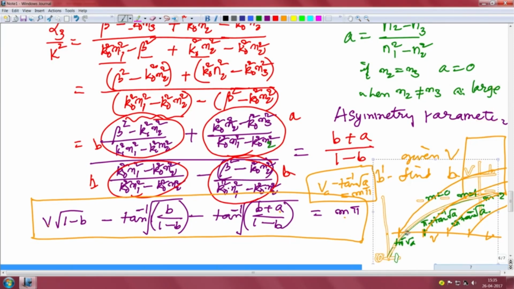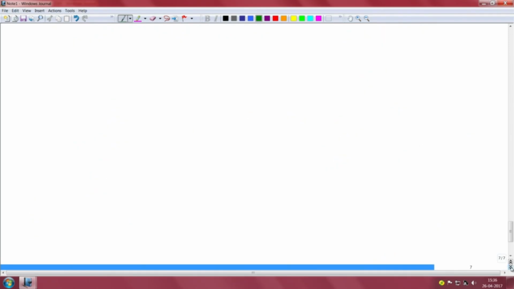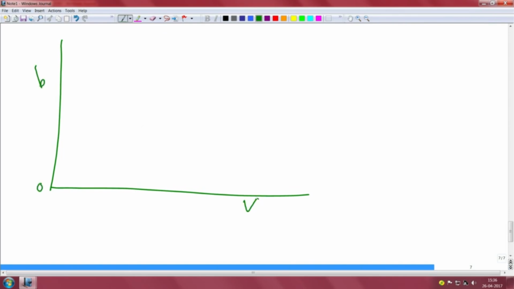I will draw, I think. Just a minute please, I think I will have to erase this and draw again afresh. V number, normalized propagation constant, b equal to 0, b equal to 1, and there is a cutoff tan inverse root A,